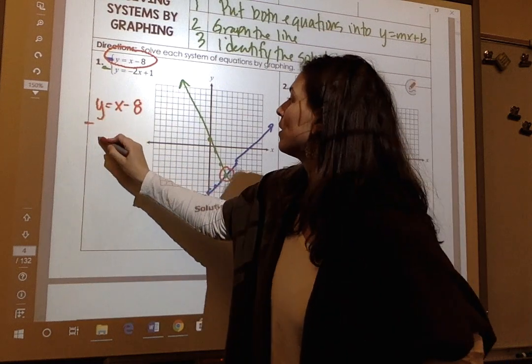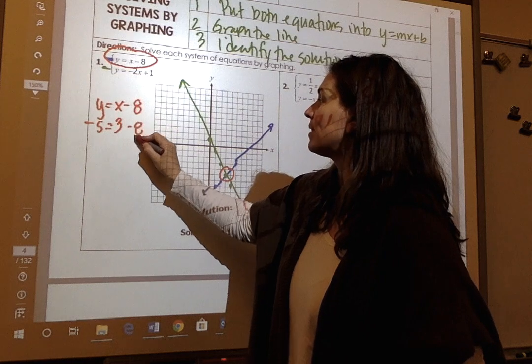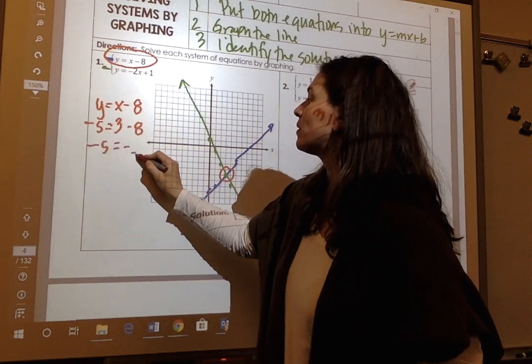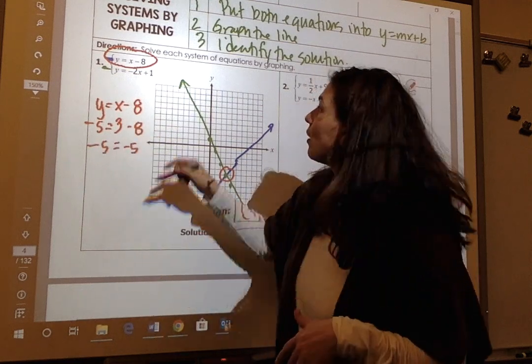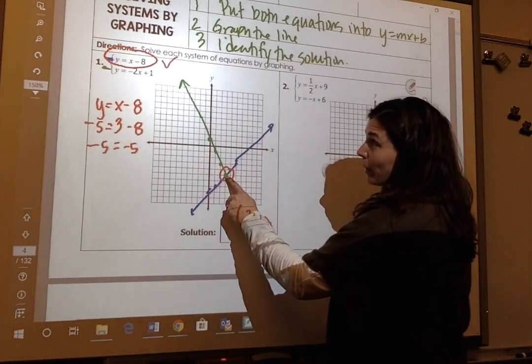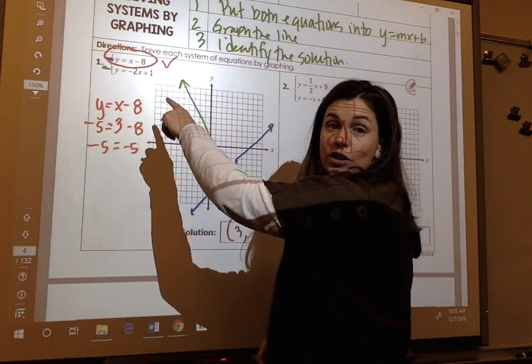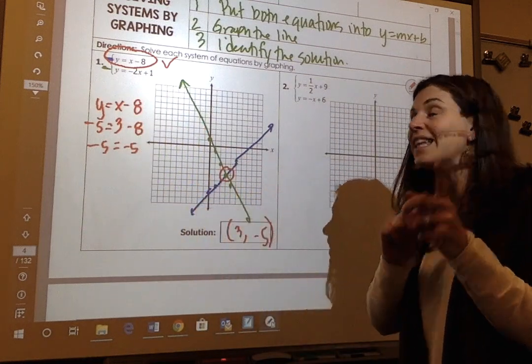-5 is y, so -5 equals, my x value is 3, 3 minus 8, and -5 equals -5. That one checks out. So I know that this point right here is absolutely on that line of blue, because I just checked that they equal each other. Now let's see if the second line